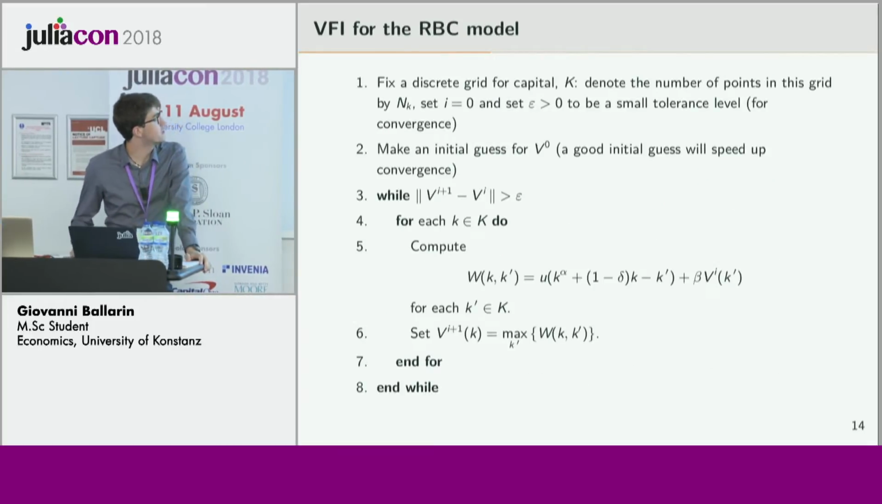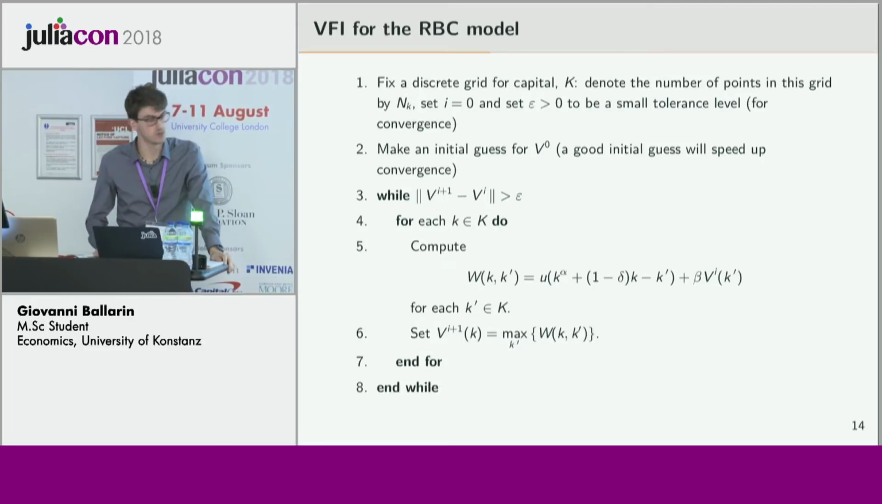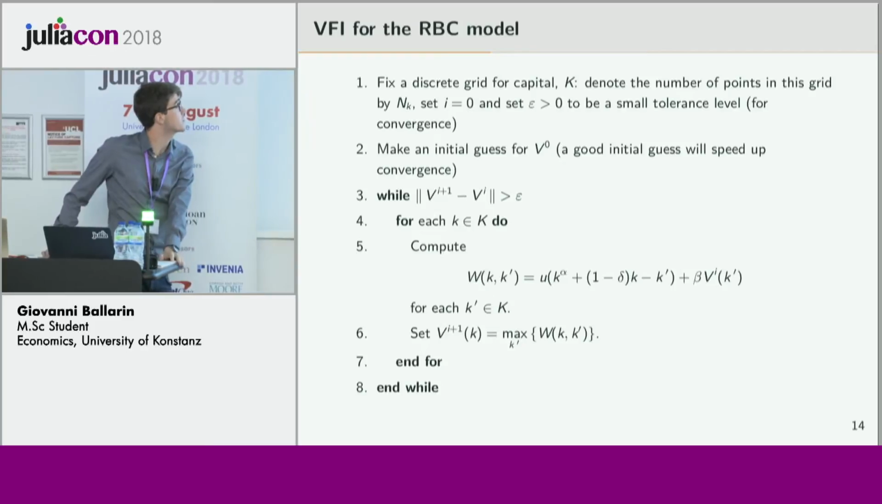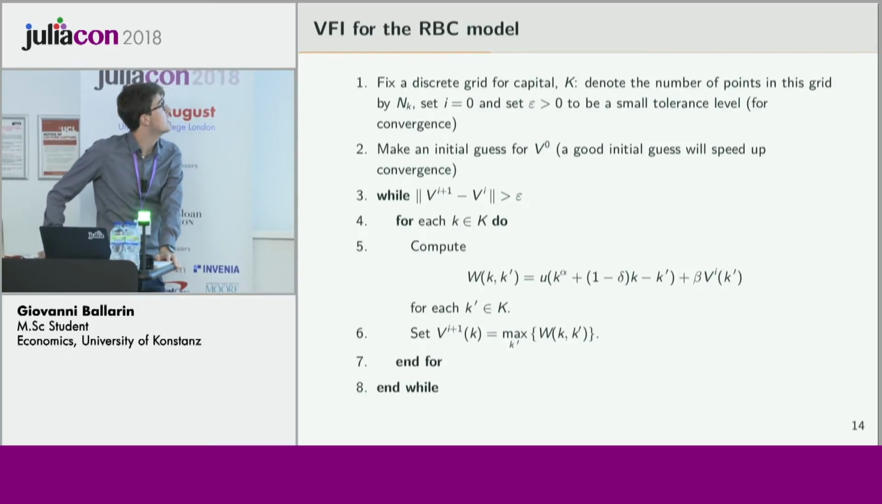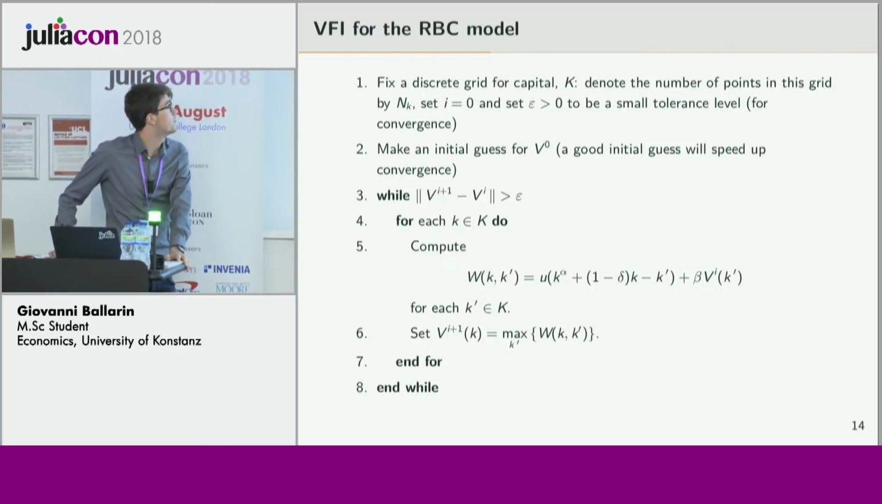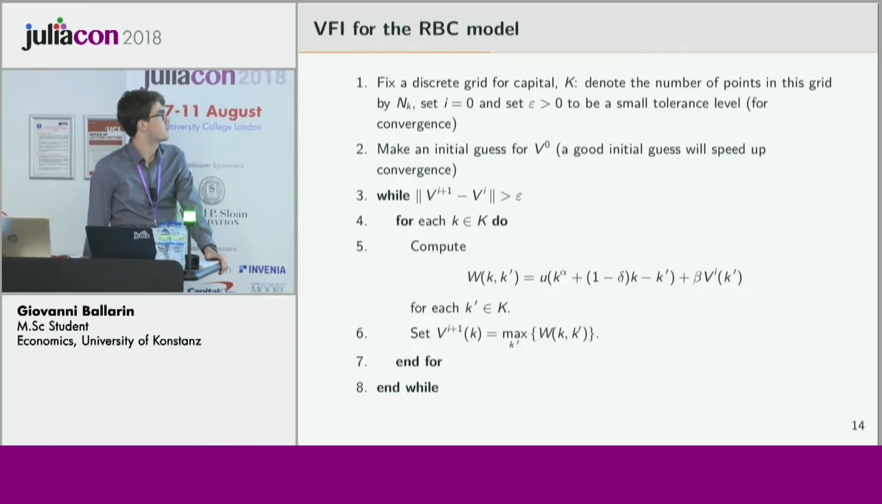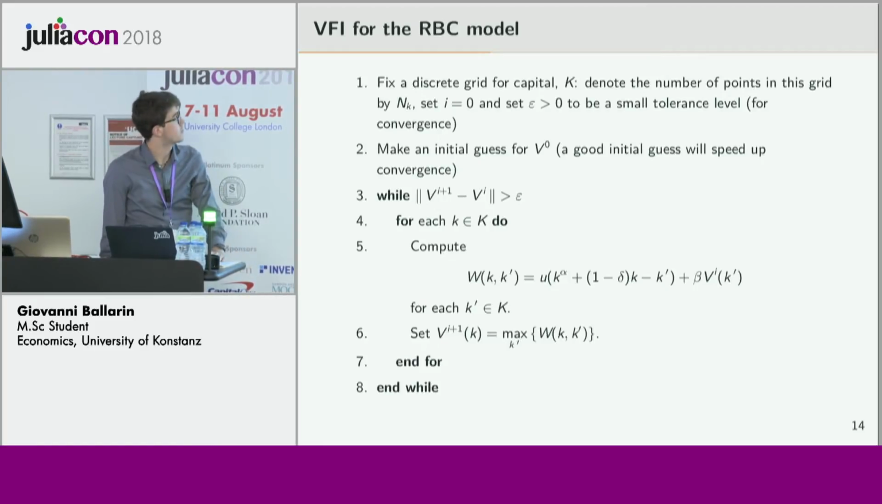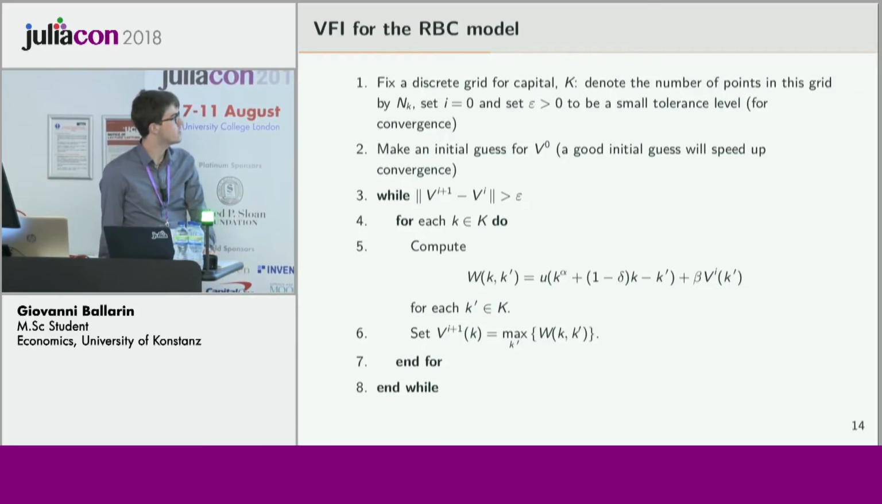So the VFI for the RBC model is actually quite simple. We fix a discrete grid for capital K, with a set number of NK points, and we set i equal to 0, since we're iterating. Then we set the precision that we want to run the problem with. Then we make an initial guess, and we just keep iterating. And you can see here that for each point on the capital grid, we have to compute